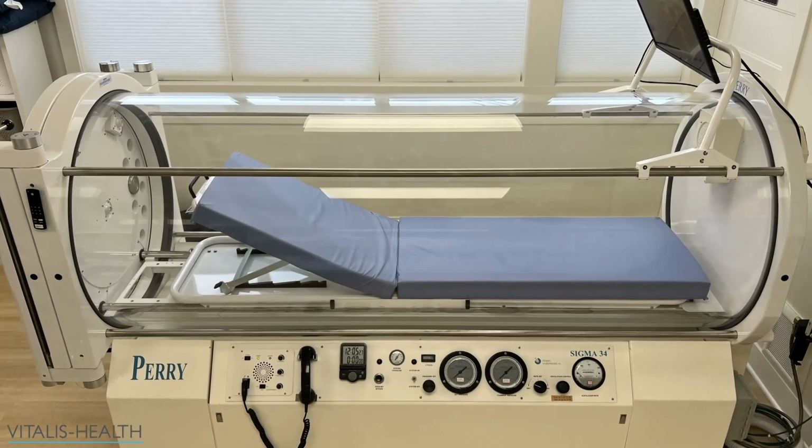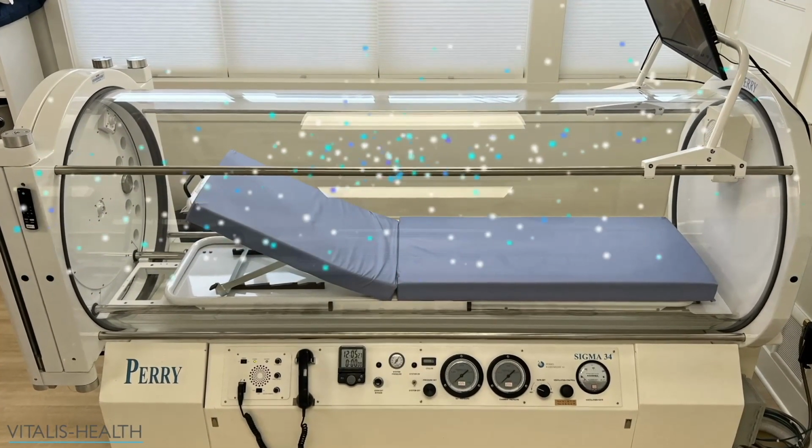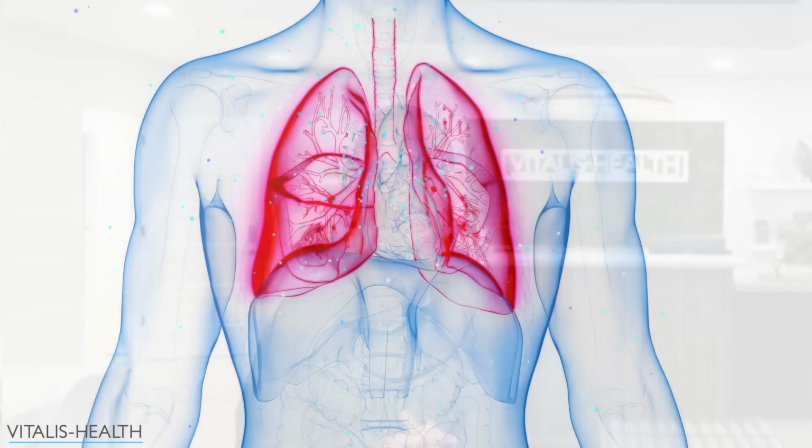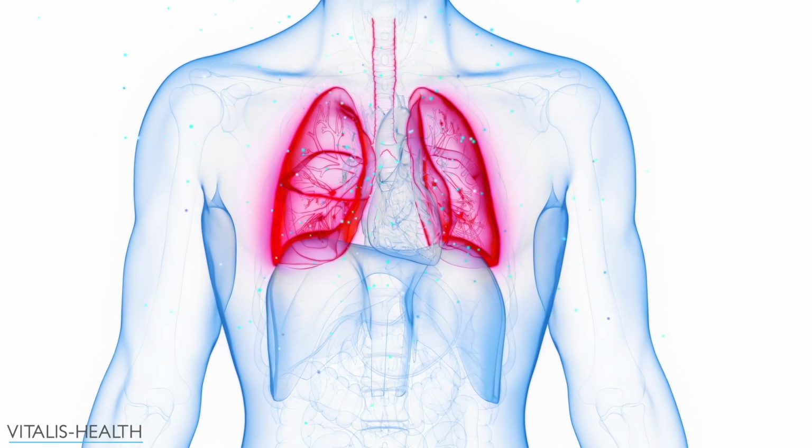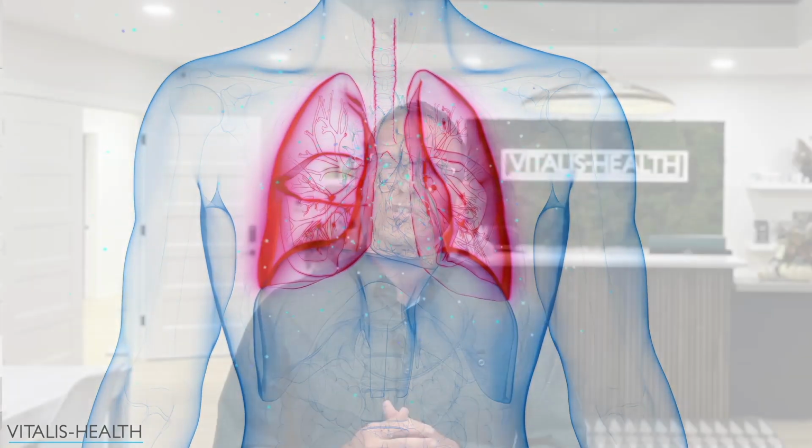In a hyperbaric chamber, the air is pressurized up to 3 times what is normal, and you're breathing in 100% oxygen, which is much higher than the 21% oxygen that we are breathing normally at sea level. Because of this high pressure and 100% oxygen, your lungs can gather up to 3 times more oxygen due to the laws of physics, such as Henry's law and Boyle's law, and I'm not going to bore you with those details. This means that more oxygen gets into your bloodstream, but not only you're binding to your red blood cells,